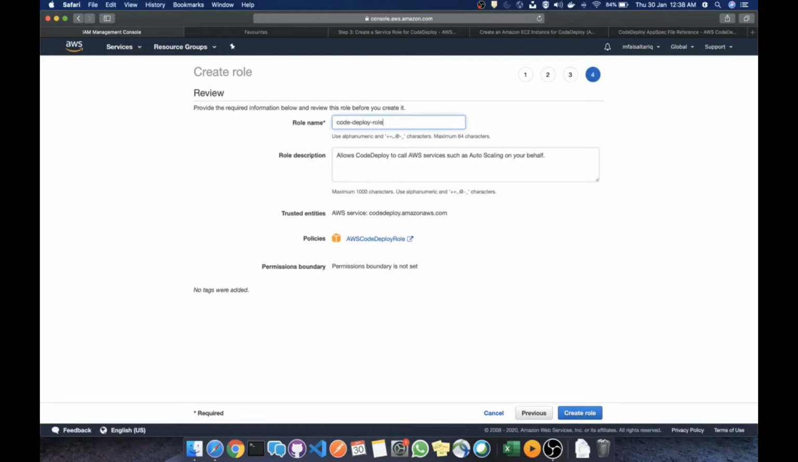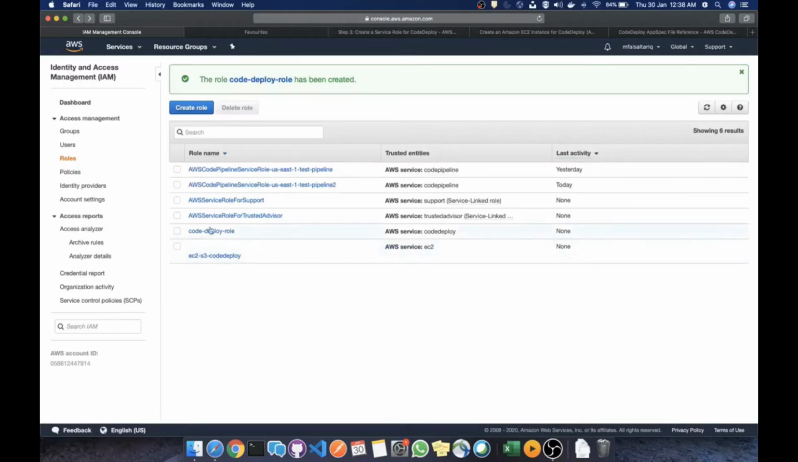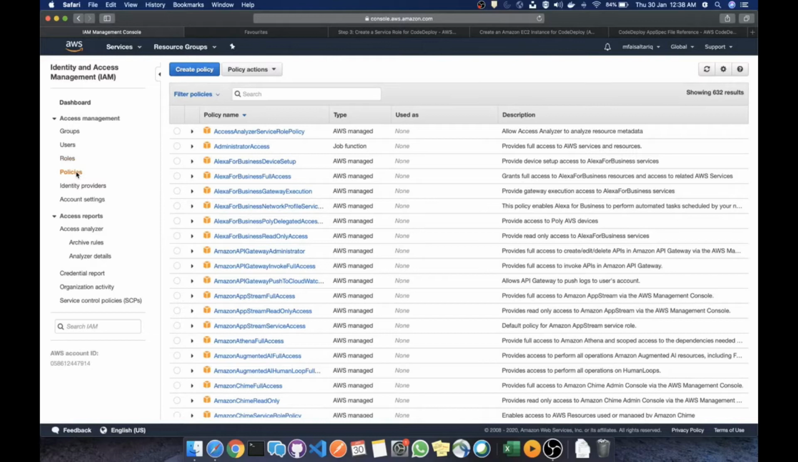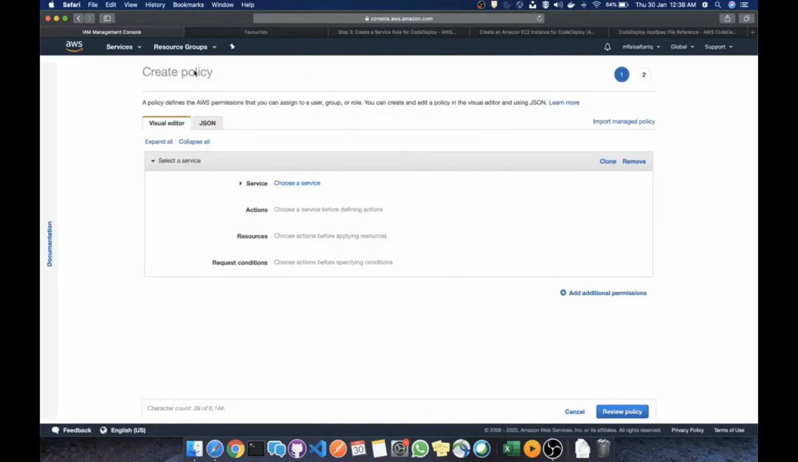and then I'll create a CodeDeploy role over here and create a role for this as well. And now you can see that both the roles appear over here, and after that we need to create a policy. So if I come over here in the policies, I'll go into create policies,